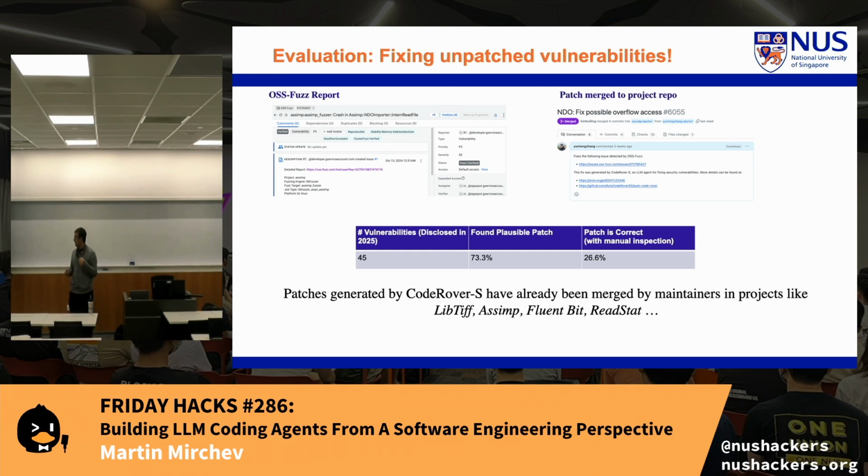And these are really very popular or very important projects. To give an example, ASSIMP is used in graphics; some graphics formats, like those for models, use ASSIMP to read them. libtiff is a very popular library for TIFF files, which are another image format. ReadStat is, I think, a Unix utility that also presents information. I forgot about Fluent Bit, but I think it was another file-processing tool. So we really saw that we have a system that can fix real vulnerabilities, some of which have CVEs. So it can be quite effective for this.